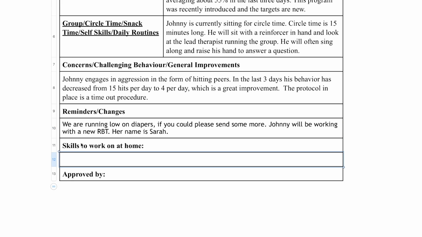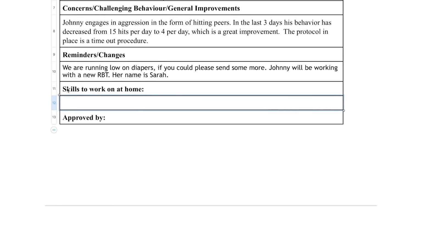And then the last part of it, which I think is really important, is skills to work on at home. So if we do a lot of things here, but we want the therapist to tell the parents to maybe work on something that they can do at home. Again, something easy. So let's say that Johnny's eye contact has really improved here. I want to give them something that he's improved on here that we're generalizing into the home environment, not necessarily something for them to teach in that environment.